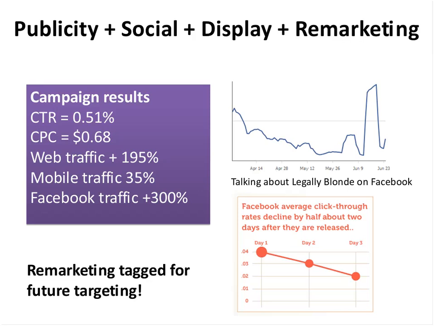The other important thing to do at that point is to tag for remarketing. Google offers a fantastic remarketing tool that lets you tag people to actually reach them later on. So when we have a major publicity event, we'll make sure that remarketing tag is in place so that we can come back and talk more to people later on as we might have new messages. Now, I've got some very specific examples for Legally Blonde later about how well that's working. During this Facebook campaign that we ran for Legally Blonde and the State of Origin, the click-through rate was 0.51%.